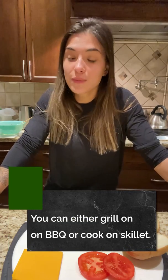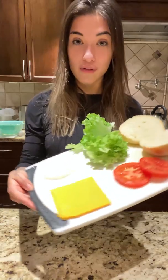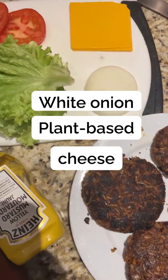As you saw, the patties are cooking on the stove top right now. Usually I'd cook them on the barbecue, but it's raining outside, so I decided to put them on the stove. But while that is cooking, you wanna make sure you have all of your Krabby Patty ingredients, your white onion,